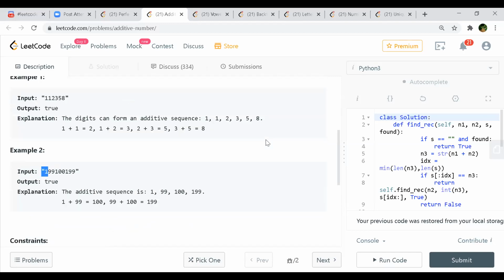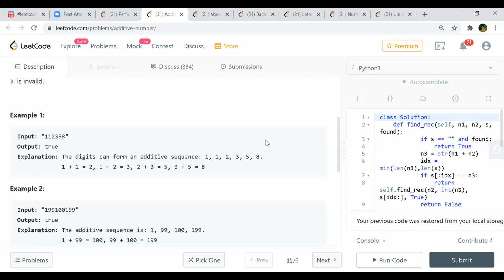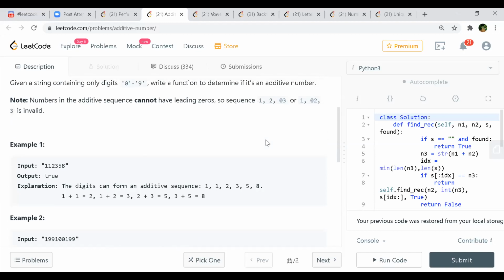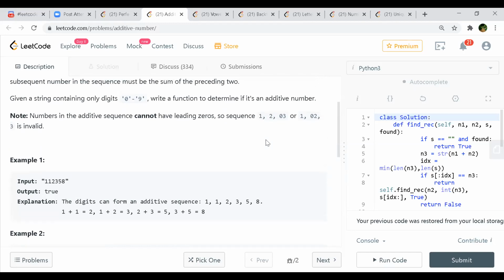Okay, so what the whole problem statement says is, we are given an input string, which is actually an integer value, a big integer value. We need to form 3 different integers out of each and every combination, starting from the first index. When we add the first 2 numbers, they should match the third one.